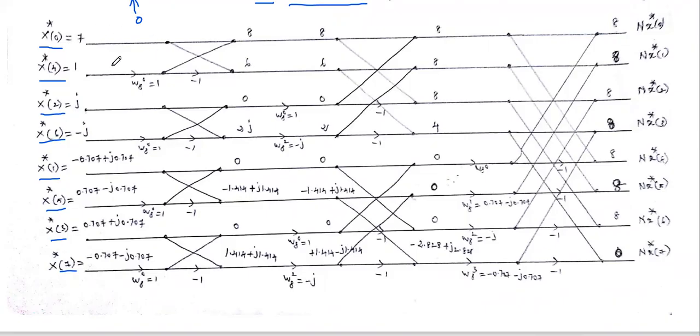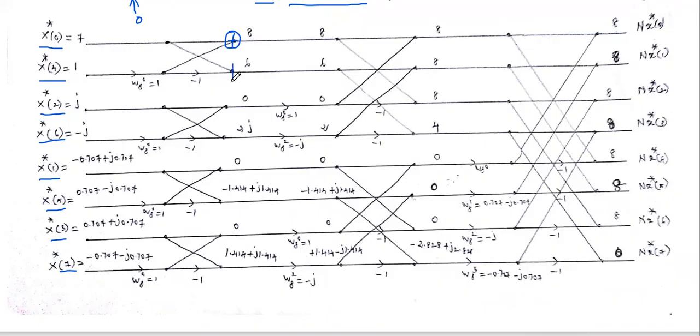The first line is 7, here 1 is there. Okay. And we have to find out the output in the first stage. So let me calculate the output in the first stage. So you see what is the output here? Here we are assuming that in each node there is an adder. So in this adder, what is the output we have to calculate? In order to find out the output, what are the lines coming? One is the data 7 coming to this adder, and another input is W8 power 0 multiplied with 1. So you know the W8 power 0 value is 1. So 1 multiplied with 1 is 1. So 7 plus 1, it is 8.